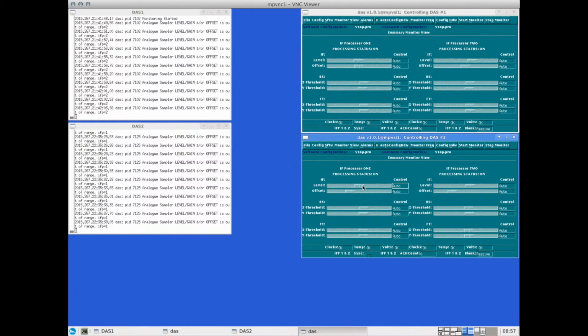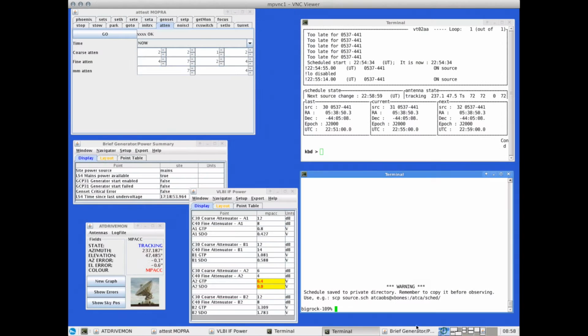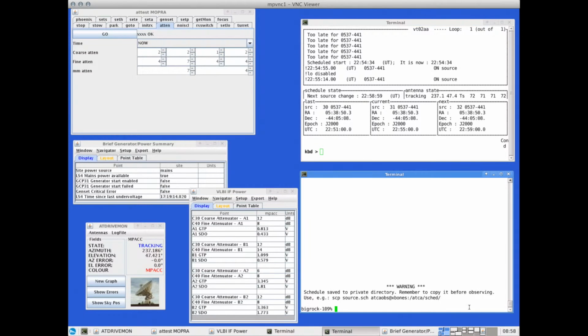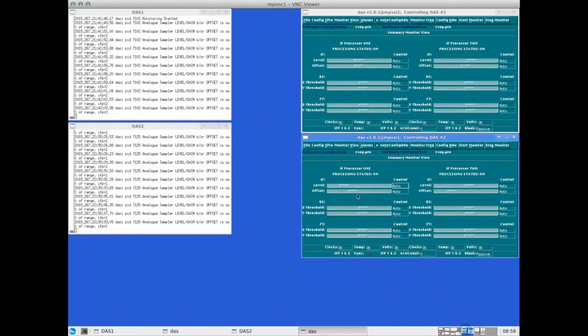So at the moment, even though the DAS here on this third IF is roughly centered, we can see that the GTP value is too high. In this case, we can add a little attenuation. It usually takes about 10 to 20 seconds or less now. So now the GTP is coming within range and the T-sys is recovered, and the DAS is low, but it's